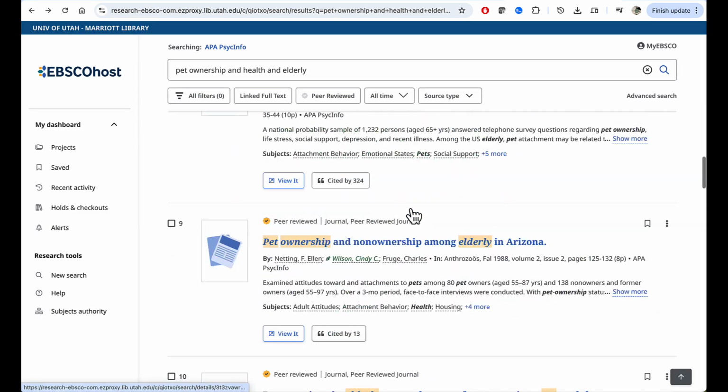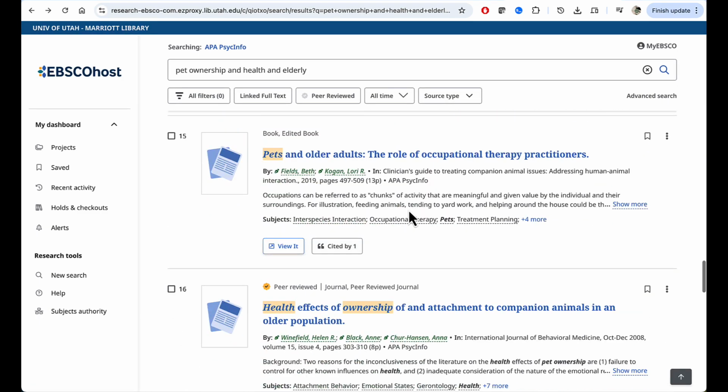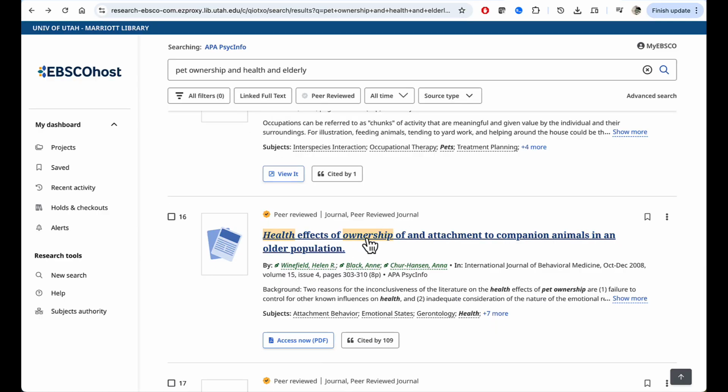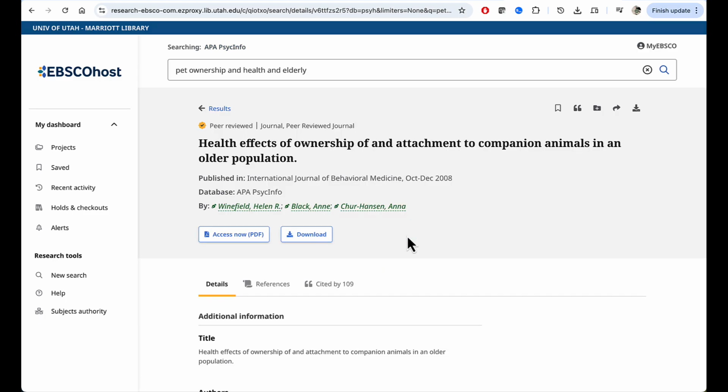So let's say we are interested in the article right here: Health Effects of Ownership of and Attachment to Companion Animals in an Older Population. If we go ahead and click on the title here, it will pull up a page of information on the article. Below the title of the article, we have the author's names, the source, the journal that it was